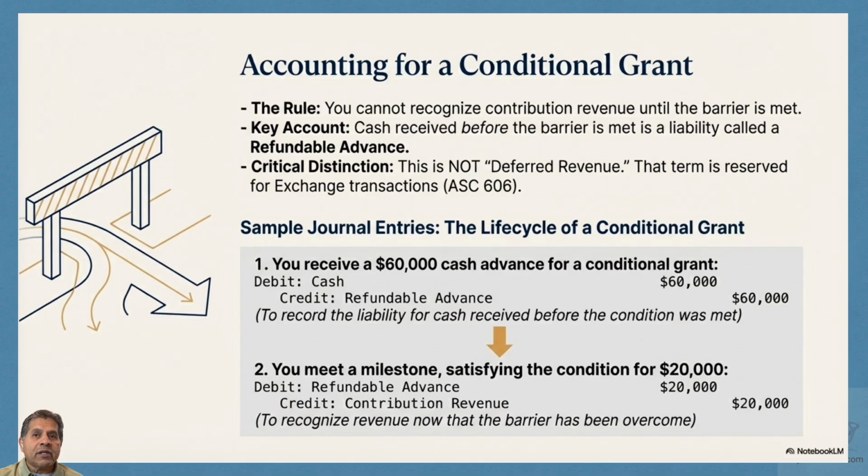Recording conditional grants results in the most common mistakes in nonprofit bookkeeping. If a grant is conditional, you cannot recognize revenue until you overcome the barrier. When the cash hits the bank, you debit cash and you credit refundable advance. Don't use deferred revenue. I repeat, do not use deferred revenue. That is for customers, exchange transactions. For grants, the liability account is refundable advance. You only move it to revenue as you meet the